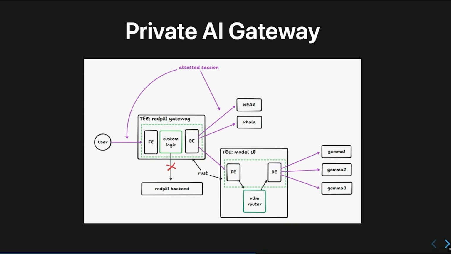That's why here we have a few purple colored lines. All the purple colored lines mean that this is an attested section or an attested channel. This is a channel that is end-to-end encrypted, and not only encrypted, but any of those channels can make sure the client can verify what's running on the server side.